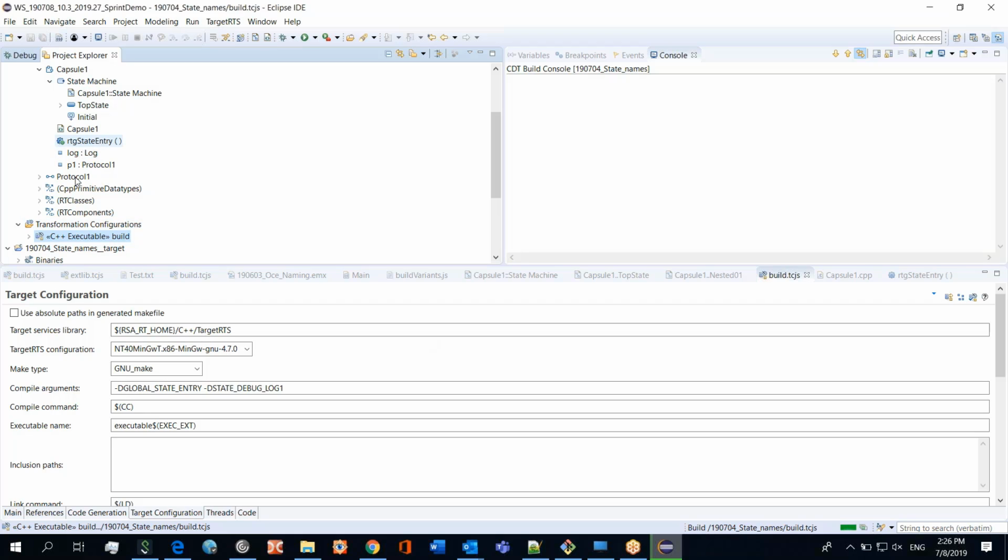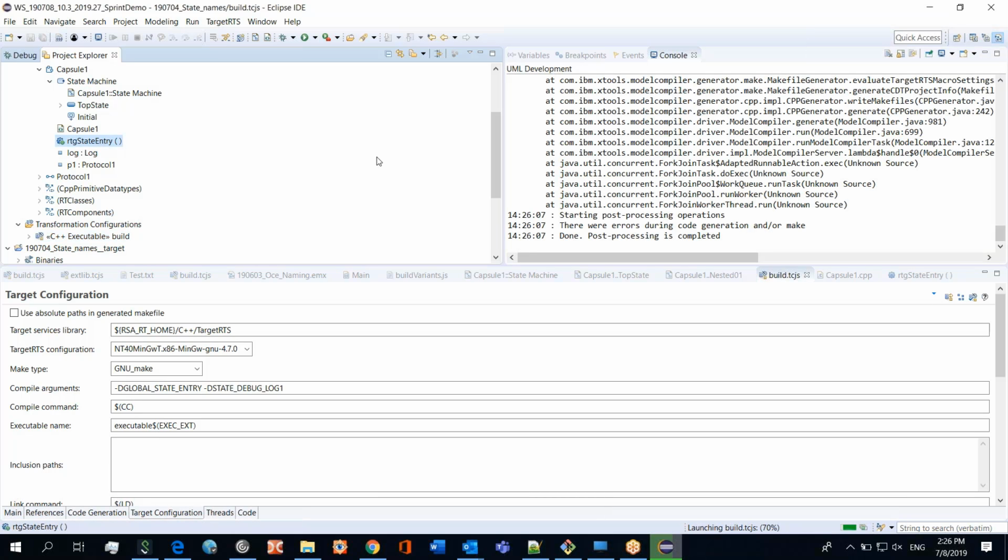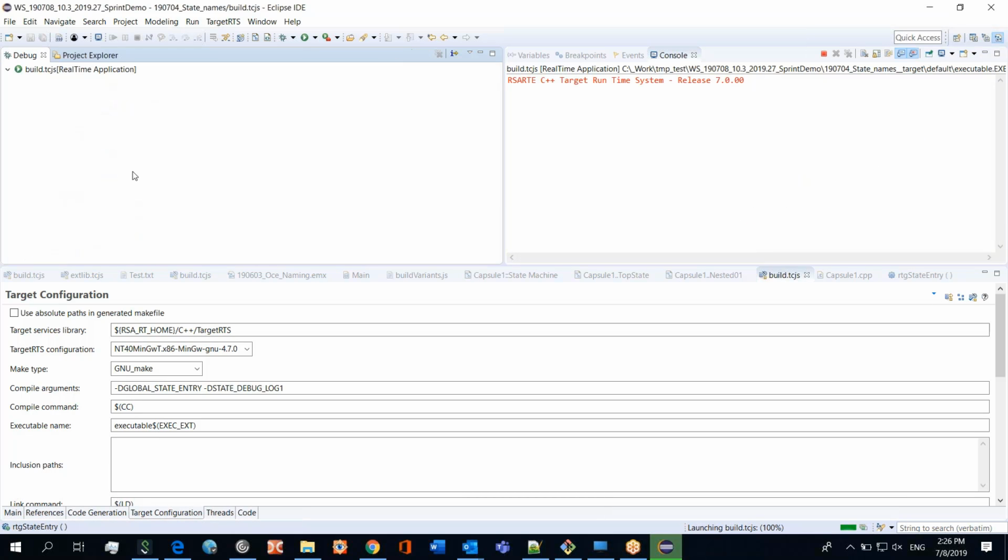This Rtg State Entry is a virtual function, and we are redefining the default behavior, which doesn't print anything. By adding this virtual function, I'm redefining the default behavior for the RT actor class each time you enter a state. Now I'm doing the same,